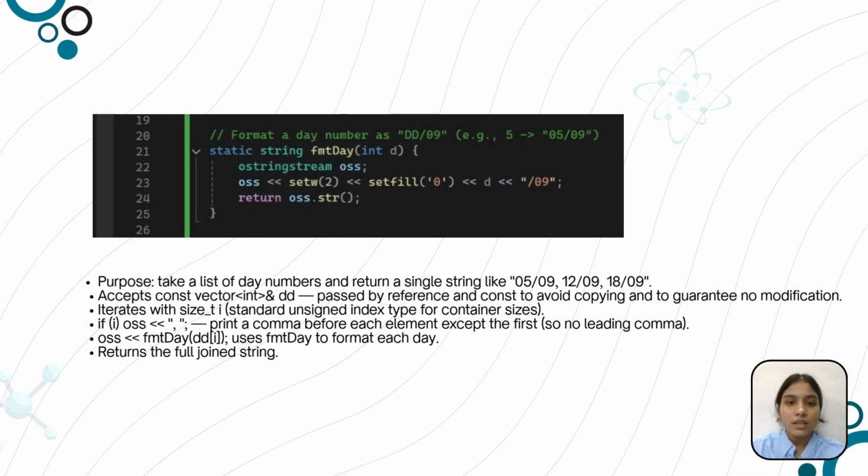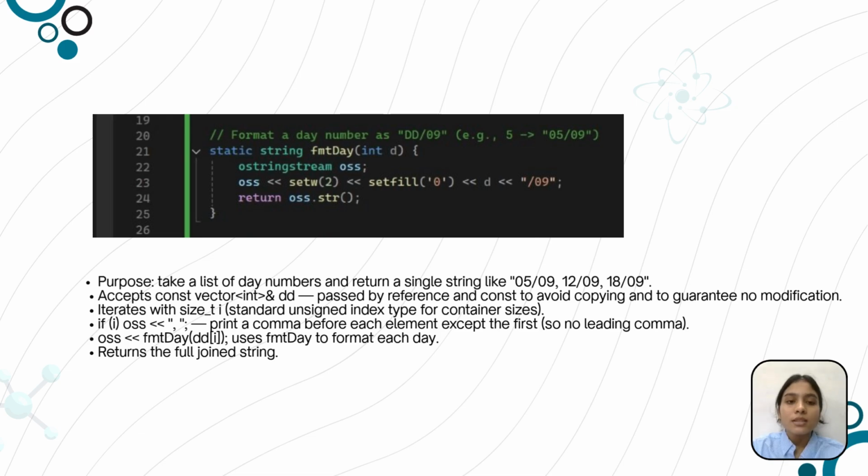Another function takes the list of absent days for a student and joins them into one string separated by commas. It loops through all the days, formats each day using fmtDay, and adds a comma before each day except the first. Finally, it returns the full string like